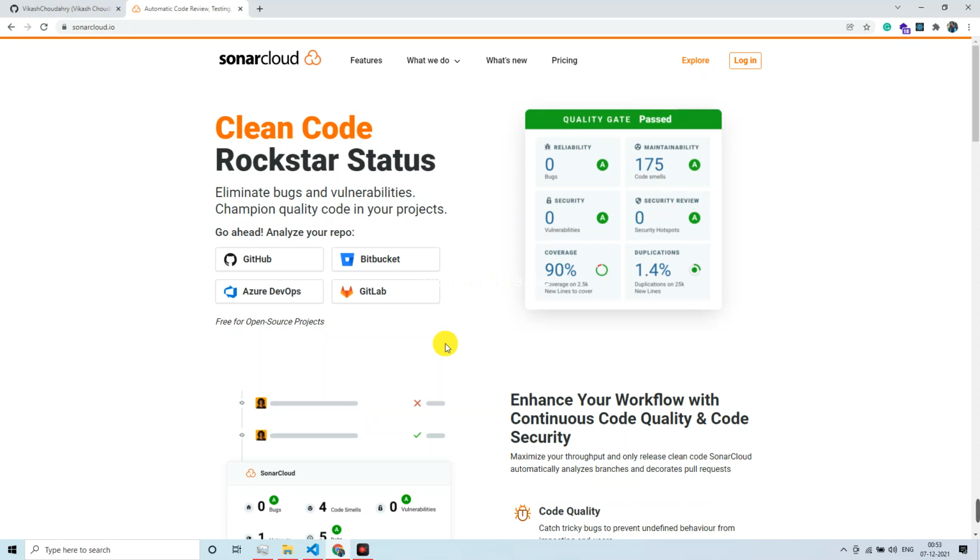And just to let you know as well, the Sonar Cloud dashboard has also changed. Their layout has changed a bit from the previous session if you try to compare, right? So now let's go to sonarcloud.io and log in through GitHub.